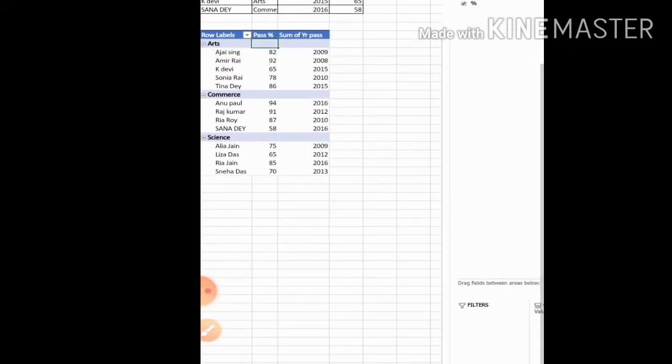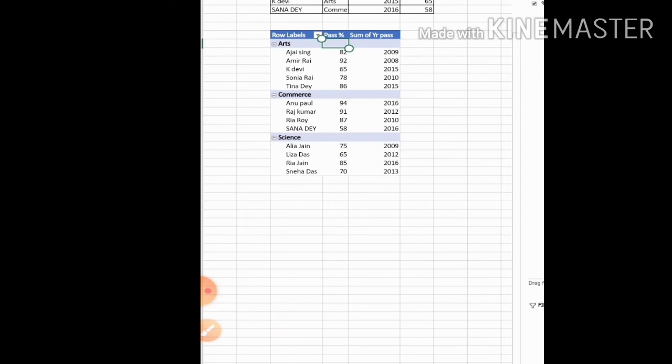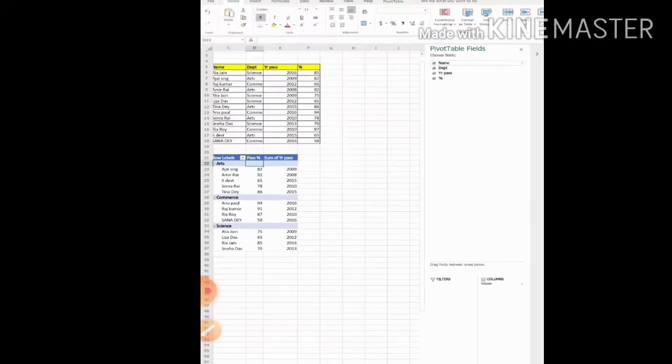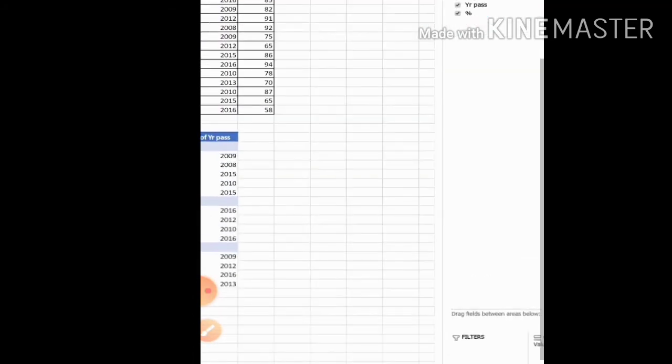So next one, calculation also you have done. You can do the count option. You can take the count option, means how many students are there with the same name. So for this, first you have to go to the option name, name of the students, I want in a count option.